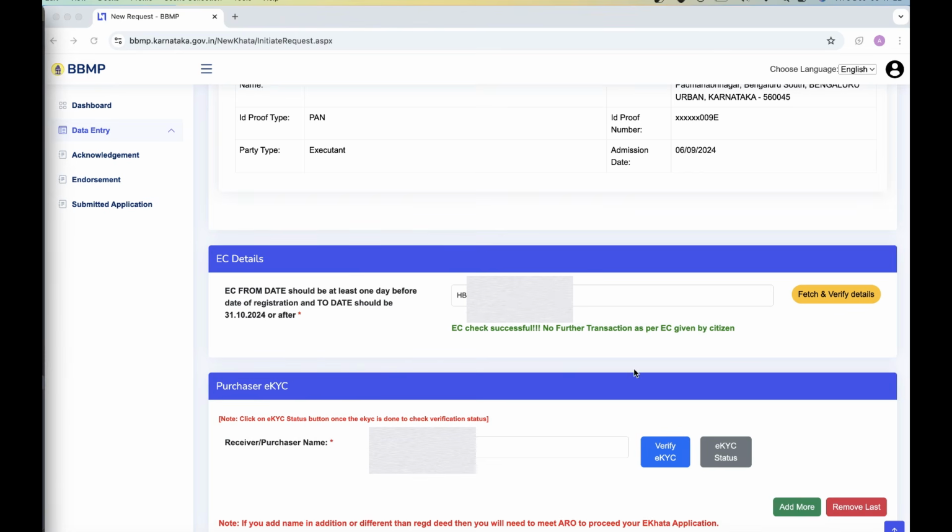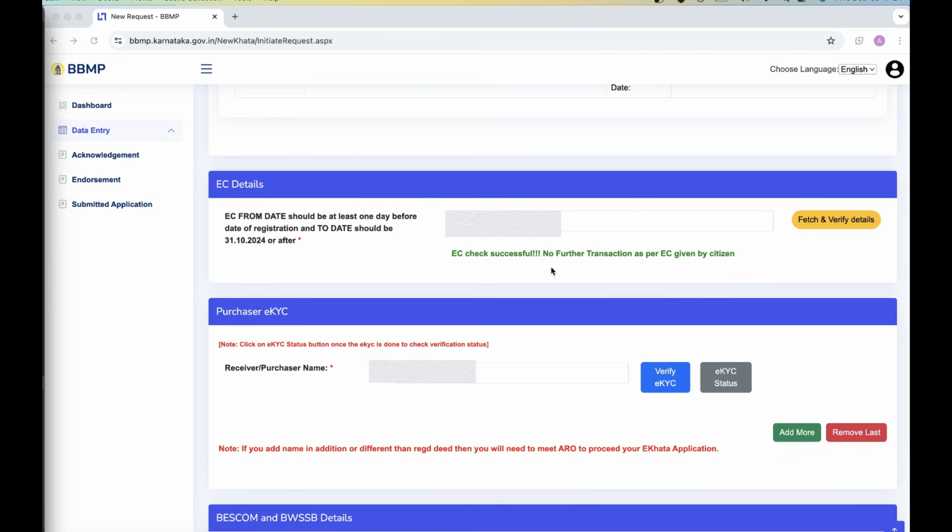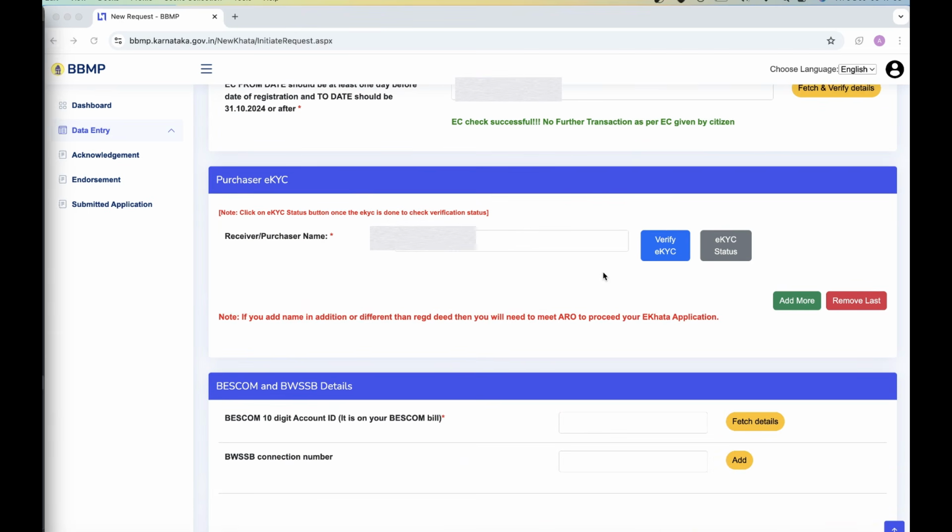See here, I entered the EC and I fetched it from Kaveri. See, it's saying it is successful. So it checks that after the sale deed you have given, there is no further transaction and the EC belongs to the person. Here, after this, you have to verify the eKYC of the owner